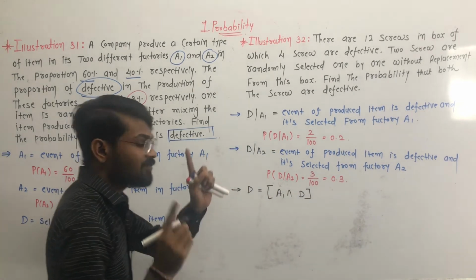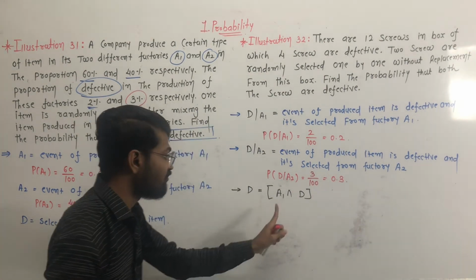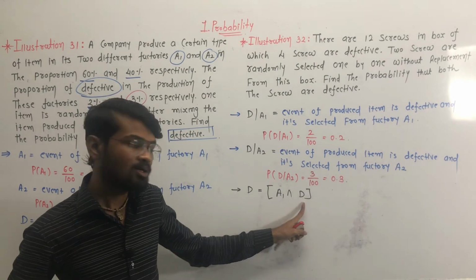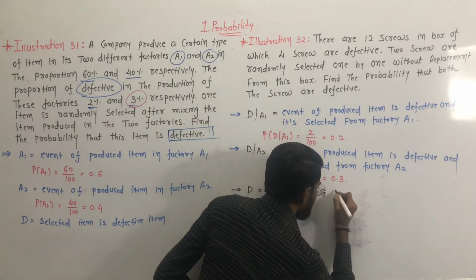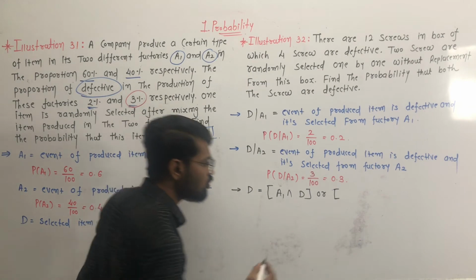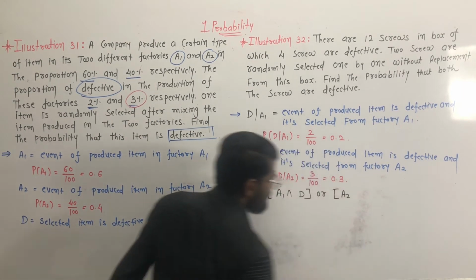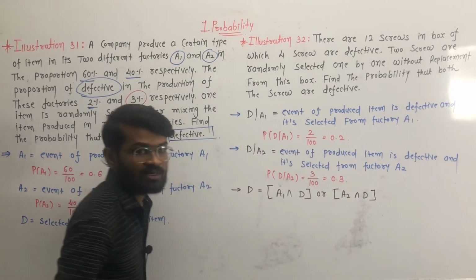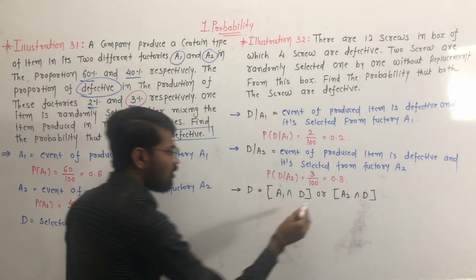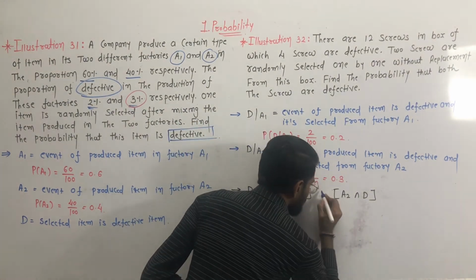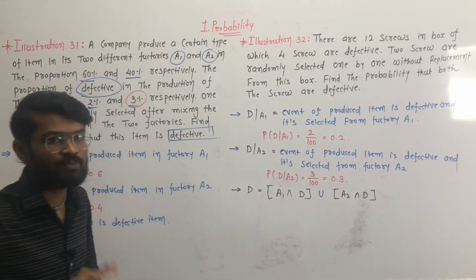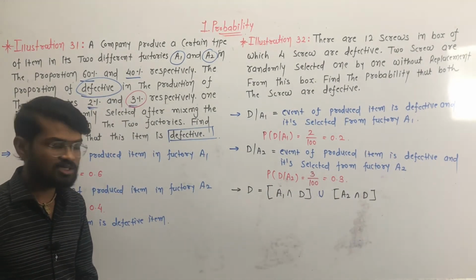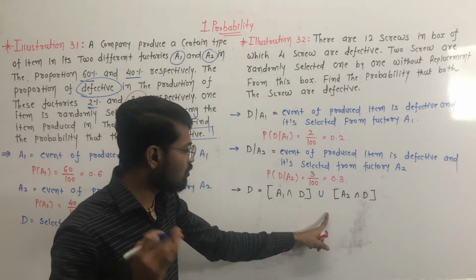Okay, but if we select a defective item from the factory A1, then there is an intersection, कि हमने जो कोई भी आइटम सिलेक्ट की हुई है वो फैक्ट्री A1 में से सिलेक्ट की हुई है और वो डिफेक्टिव निकलती है. क्लियर? और दूसरी कंडीशन ये आ सकती है कि हमने जो कोई भी आइटम सिलेक्ट की हुई है वो फैक्ट्री A2 में से है और वो डिफेक्टिव है. क्लियर? ओके, तो यहाँ पे और means union. ये दो कंडीशन हैं, उसमें से कोई भी एक कंडीशन होगी तो भी हमारी आइटम डिफेक्टिव होगी. क्लियर? So for the 'and' there is an intersection, and for the 'or' there is a union.